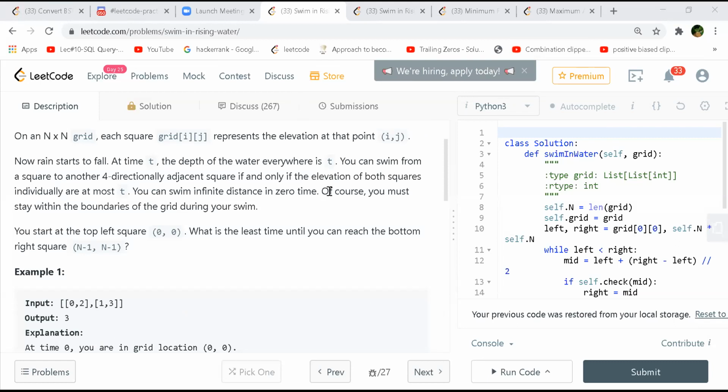Brute force would be to find the smallest level first, maybe in this case the 0th position, and then fill in that value one by one. It takes 1 unit of time to fill 1 unit of cell, correct? Every time just fill by one, and then you don't have any other option other than looking at the neighboring cells to see if it is reaching any of the heights.